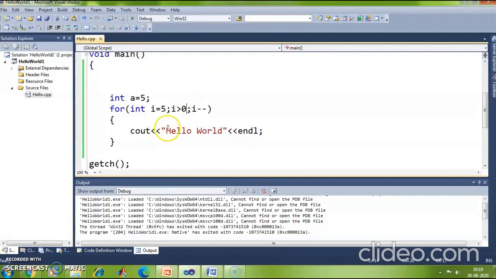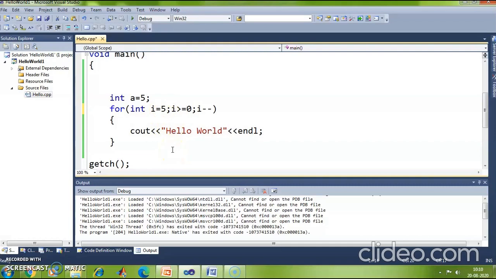Now let me say I greater than or equal to 0. So how many times will I enter the for loop? I'll enter the for loop 6 times, right? 5, 4, 3, 2, 1, 0. So 6 times I'm going to enter the for loop.